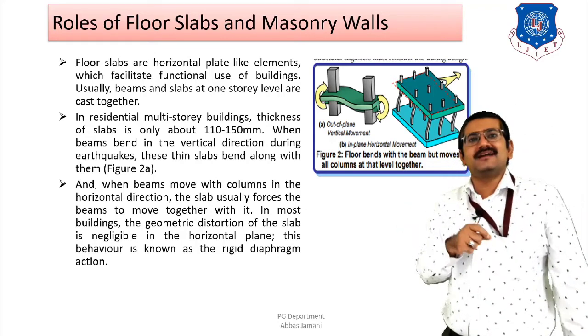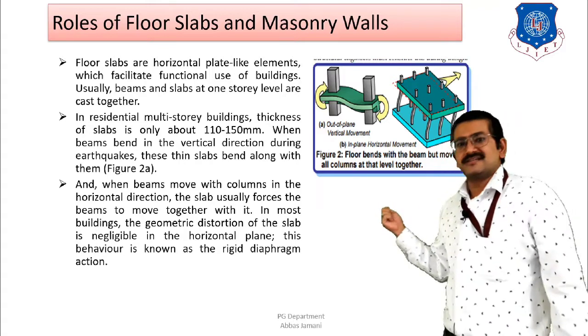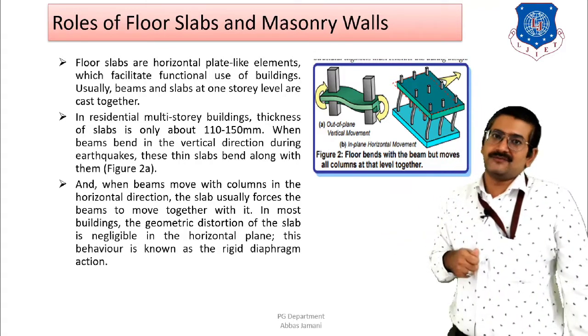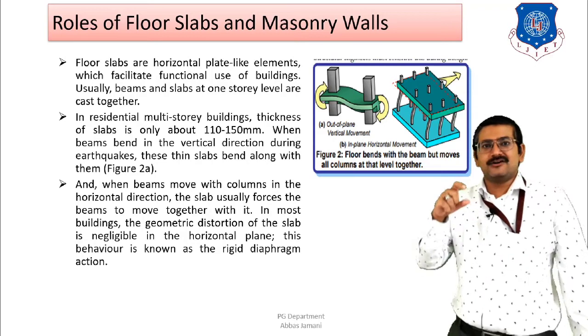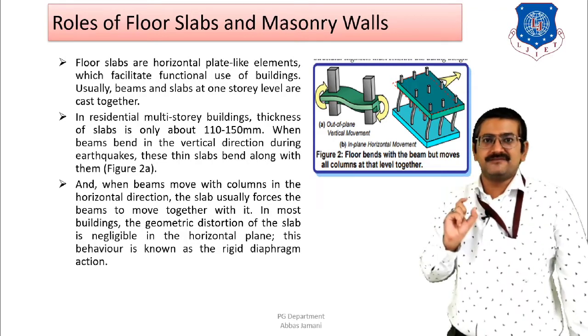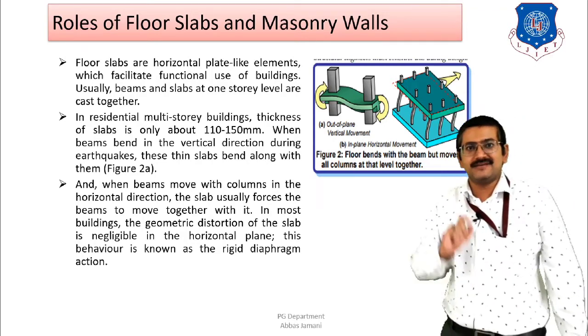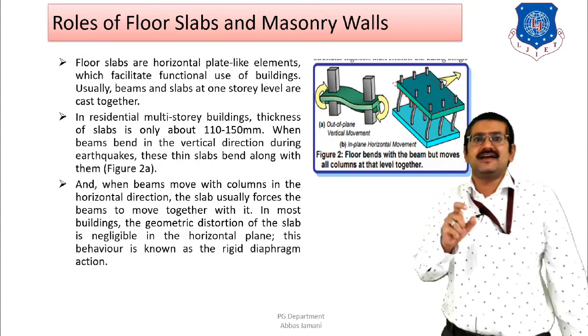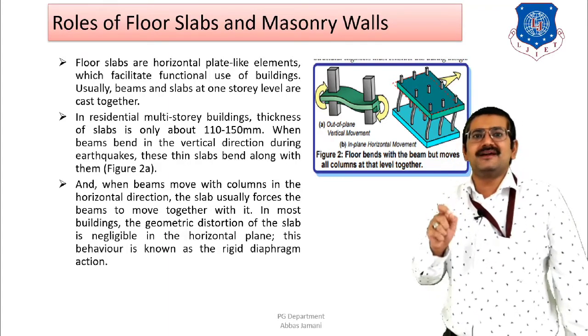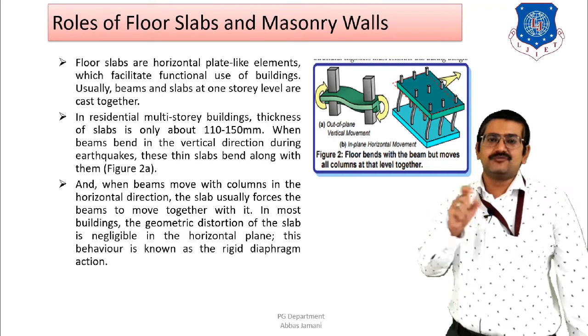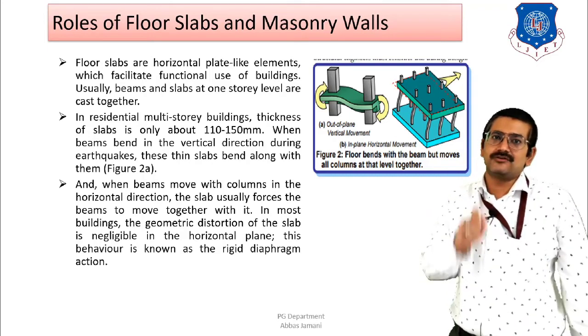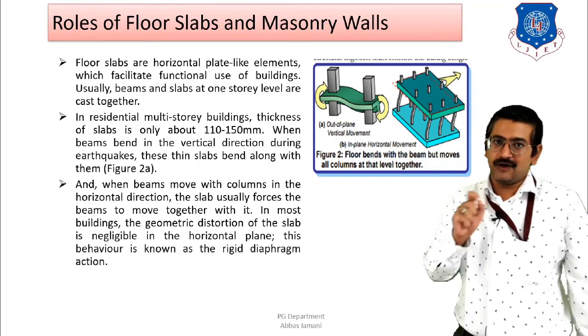Now this movement that will be there, this particular movement of the slab is known as out of plane movement. Why? Because it is acting along the direction of the cross section, which is the minor dimension. Right? We are focusing on the major dimension. The major dimension is known as the in plane bending, and the movement along the minor dimension is known as the out of plane bending or out of plane displacement.